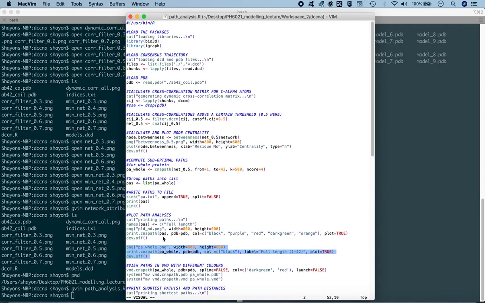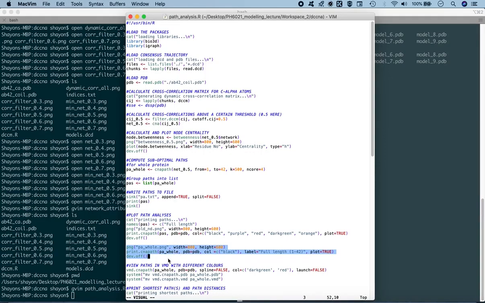Therefore you find a repetition of this, but in general I had different regions annotated which will be plotted in black, purple, red, dark green and orange. So the node degeneracies and the path length distributions will be plotted in these different colors for different regions in the first plot here, whereas in the second plot only the node degeneracies and the path length distributions for between residues 1 and 42 will be plotted out here, because I just wanted to show you the path analysis for one pair of residues or one pair of nodes, the source and the sink residue pairs of the first and